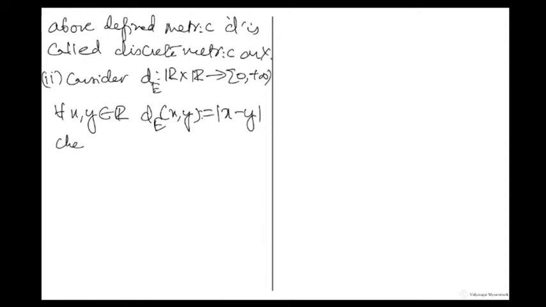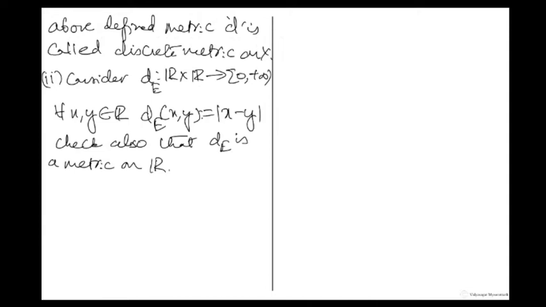You might have seen this in your real analysis class, but if you haven't, check also that d_e is a metric on R.